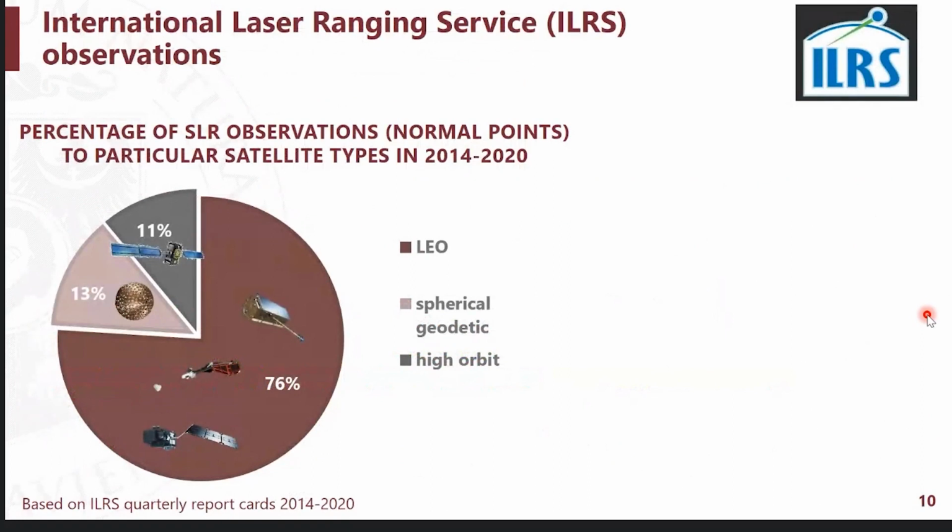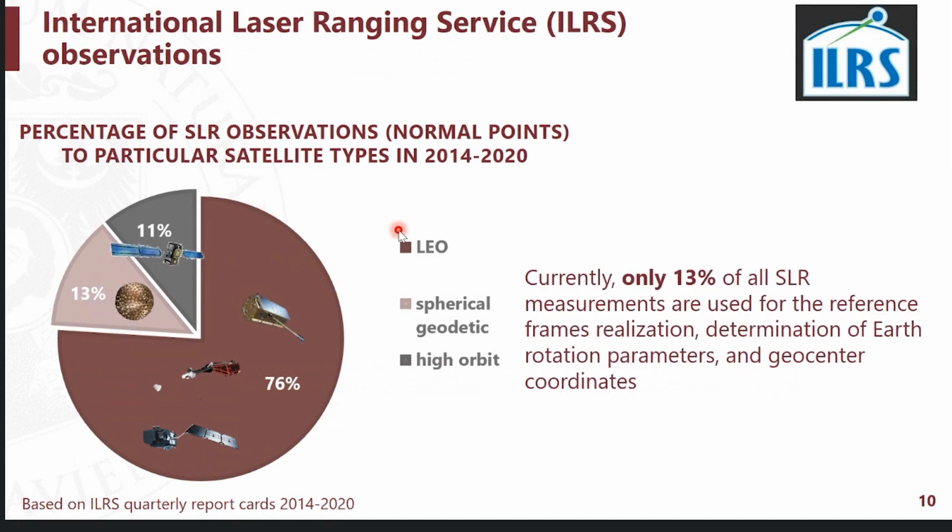When we look at the distribution of SLR measurements to different types of satellites, we can easily notice that most of them, 76%, consider LEO targets, followed by the spherical geodetic and navigational satellites. Thus, only 30% of them are used for the reference frame realization and determination of global geodetic parameters. In my